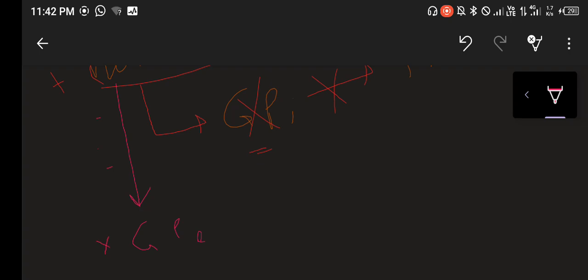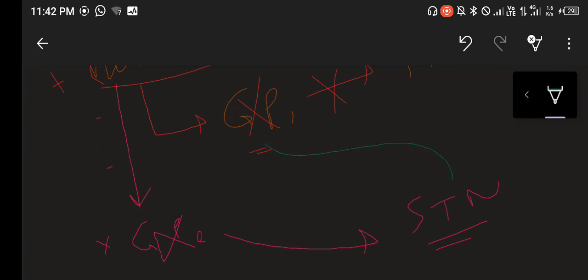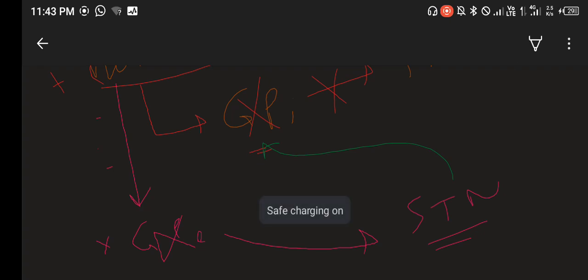Then globus pallidus externa, which was supposed to inhibit the subthalamic nucleus, since it itself is inhibited, the subthalamic nucleus will not be inhibited, and subthalamic nucleus, which sends stimulatory signals to the globus pallidus interna, will come out of inhibition and globus pallidus interna will be stimulated. If it is stimulated, so the GABAergic neuron,